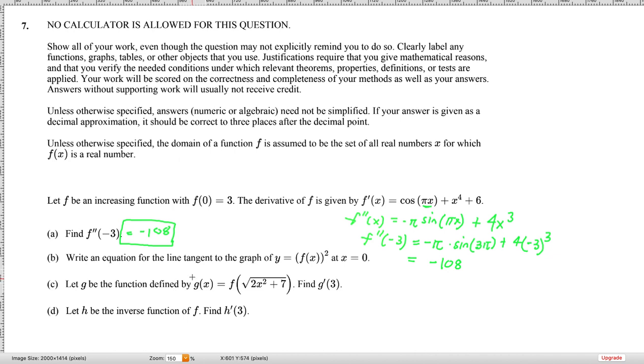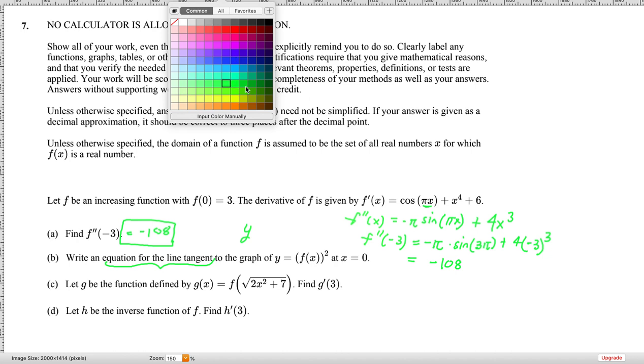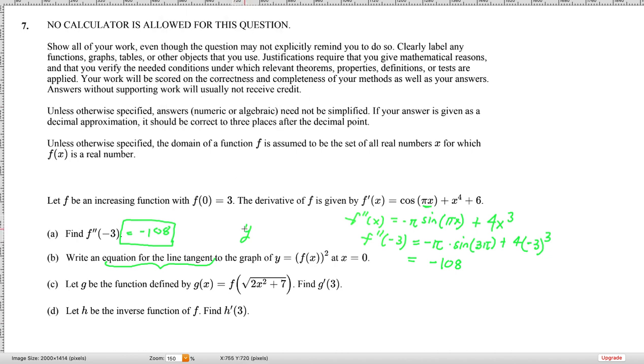Now, the next thing that they ask you for is to write the equation for the line tangent to the graph of y equals f of x, the whole thing squared, at x equals 0. So in order to do this, if you want to get the equation of the tangent line, what you first need is slope. So the slope of that tangent line is going to be given by the derivative of this. So y prime, let's do this in a different color so it's clear. Let's say, so y prime